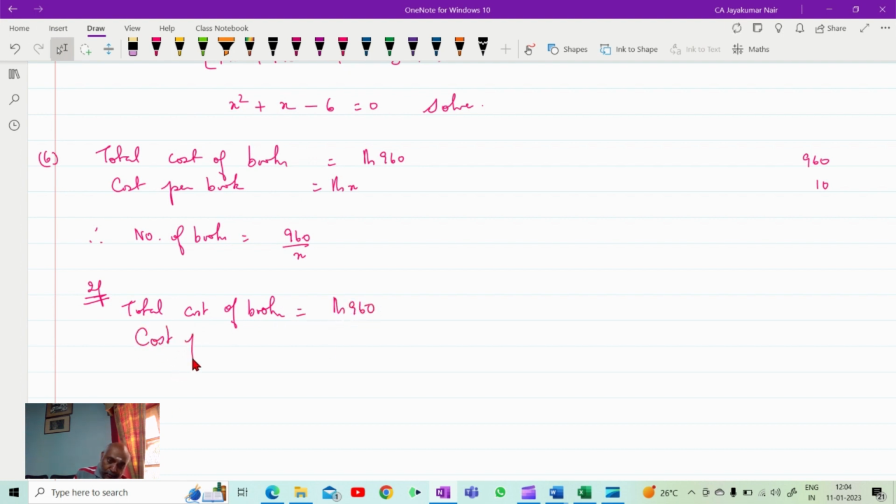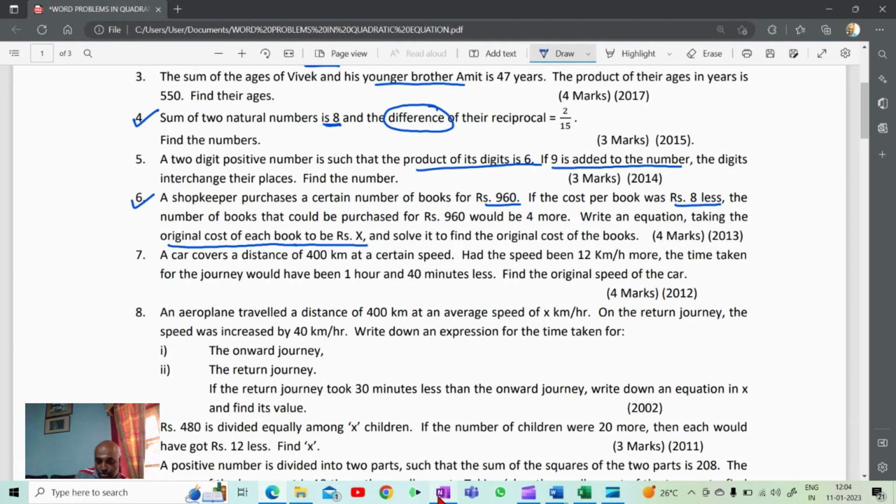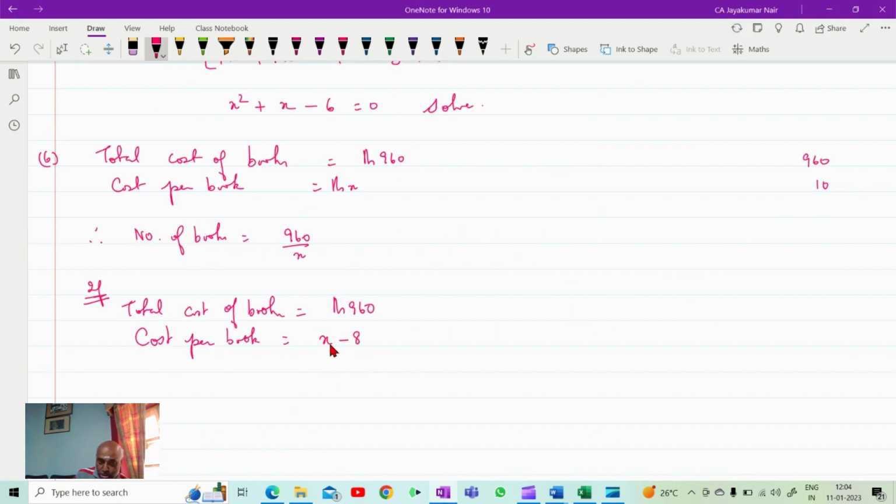Cost per book is reduced now. It is reducing by how much? 8 rupees. So the cost of each book has reduced. Therefore, the number of books is equal to, now, because the price per book has fallen,